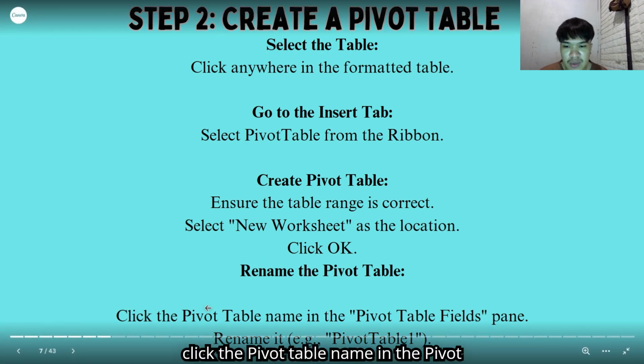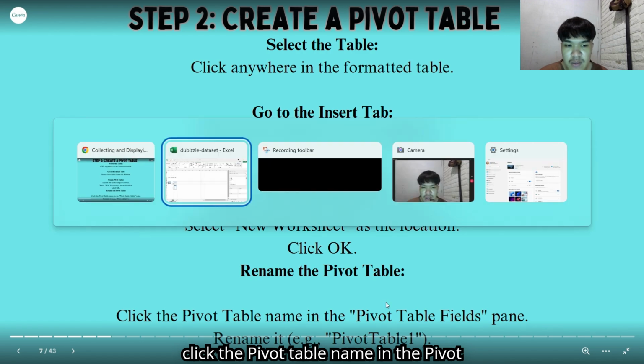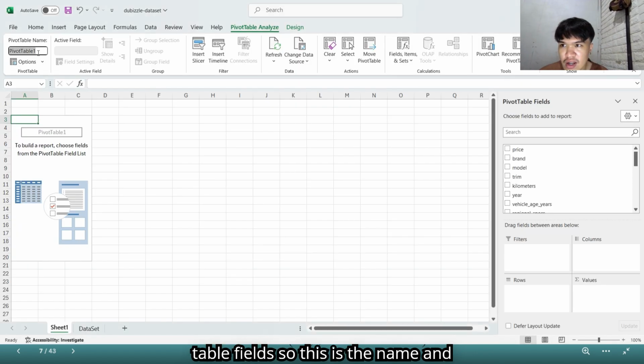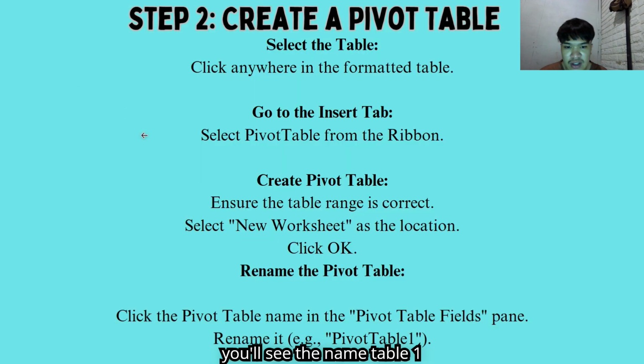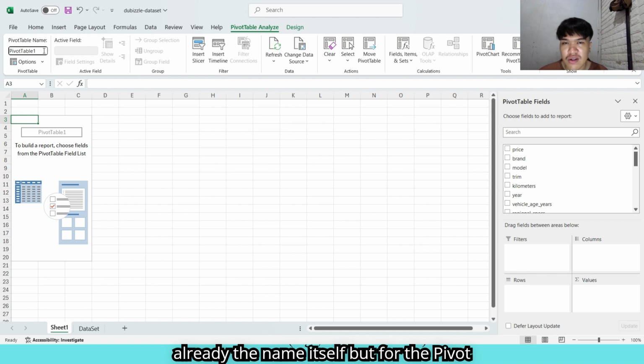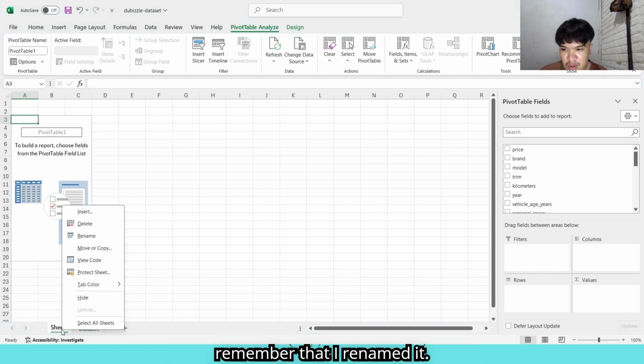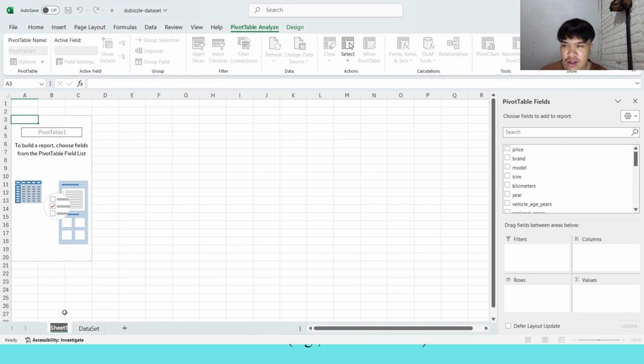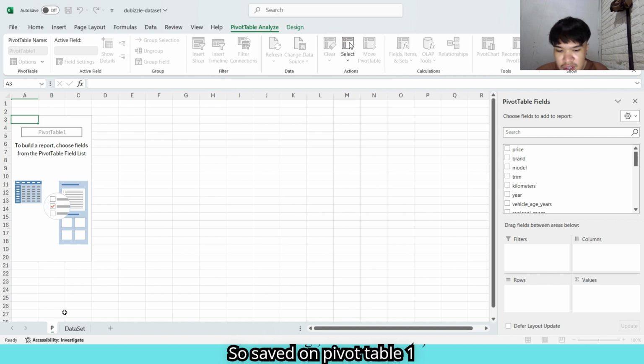Click the pivot table name in the pivot table fields. It already has a name, Pivot table 1, but when creating a pivot table, we need to rename it, in this case for the sake of organization. So let's rename this part too. Always remember to rename it. Same as before, pivot table 1, and hit Enter.